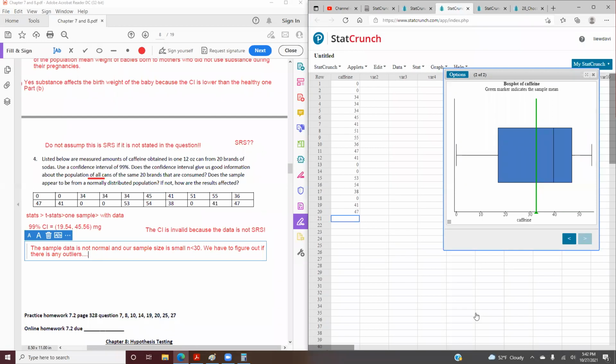Oh, no, sorry. I take it back. Don't forget, outliers in the box plot are dots in the far left or far right. So in this case, there is no outlier. So in this case, the distribution is not normal